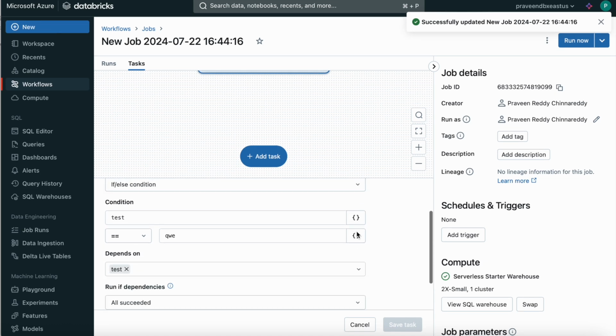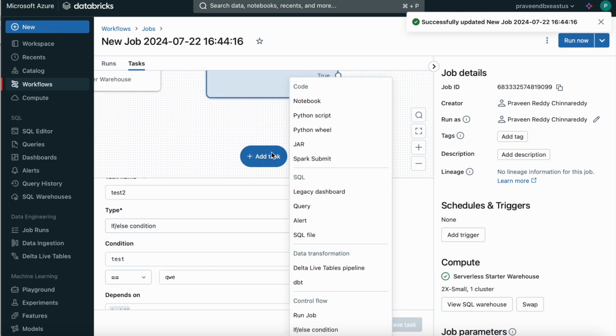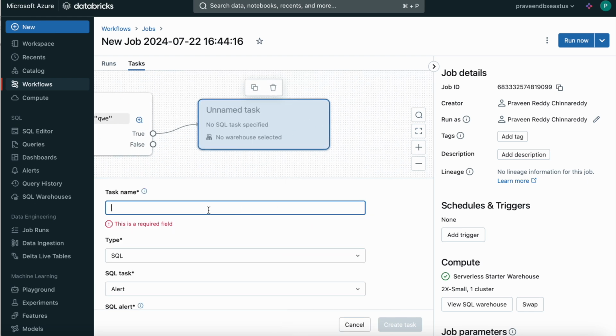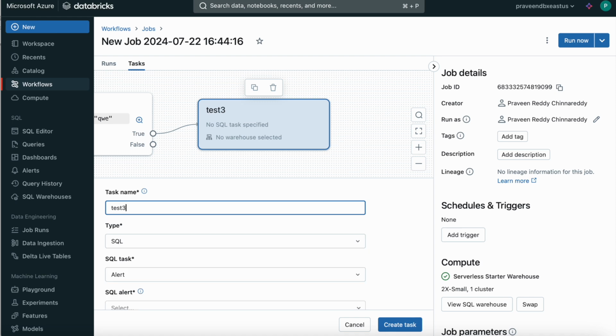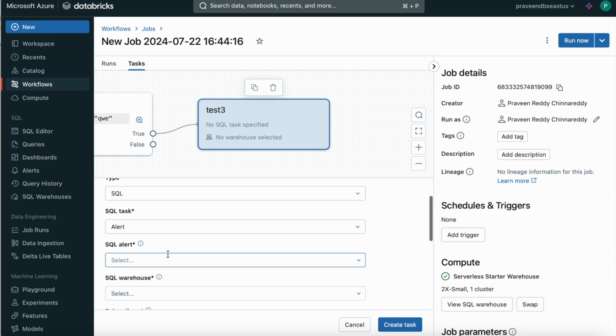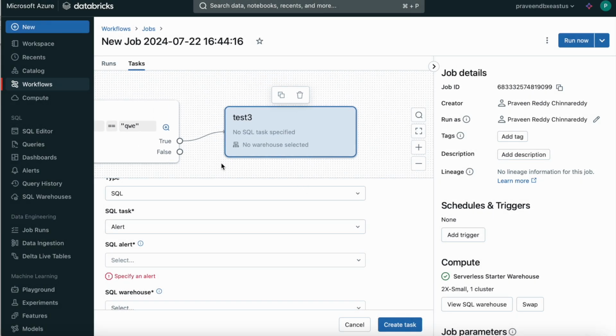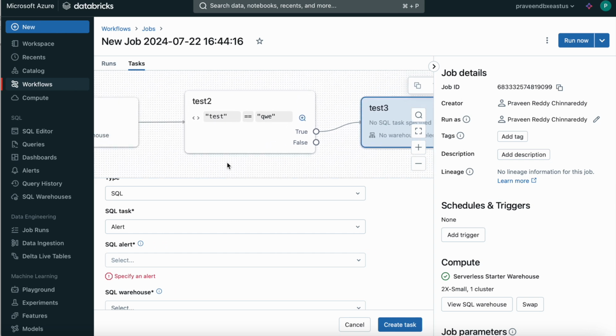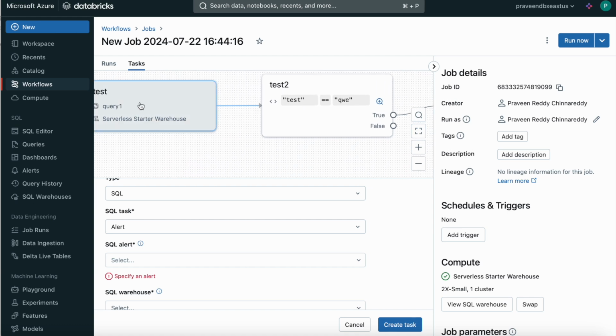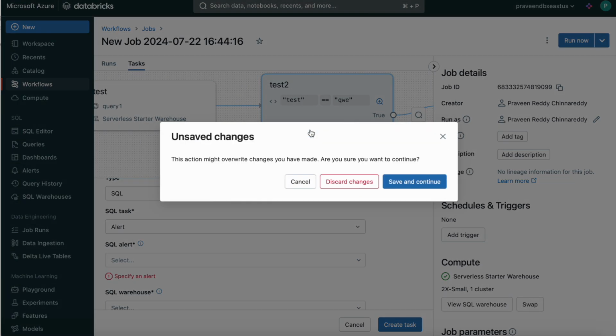So I can create another alert. Now I'll go with alert here. So I can give another name, and here I selected the alert, and we can select the alert name. Right now I have deleted the alert, so we can't see it. So that's how we can use these SQL queries in workflow as well. You can literally build the ETL pipeline, a very complex ETL pipeline as well. So what we have done here, we selected one query and one if condition, and the alert based on the